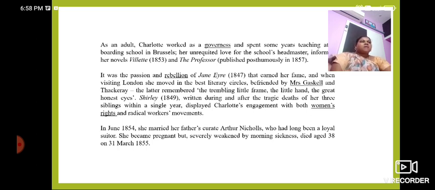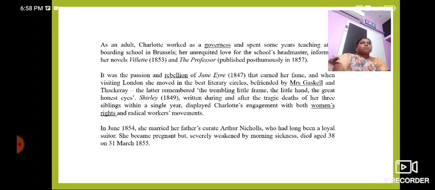It was the passion and rebellion of Jane Eyre that earned her fame, and when visiting London, she moved in the best literary circles, befriended by Mrs. Gaskell and Thackeray. The latter remembered the trembling little frame, the little hand, the great honest eyes. Shirley, written during and after the tragic death of her three siblings within a single year, displayed Charlotte's engagement with both women's rights